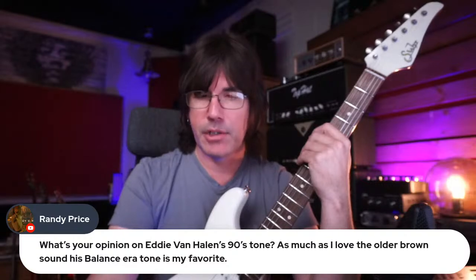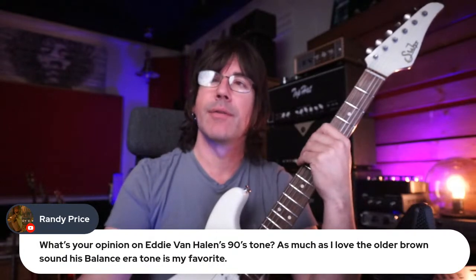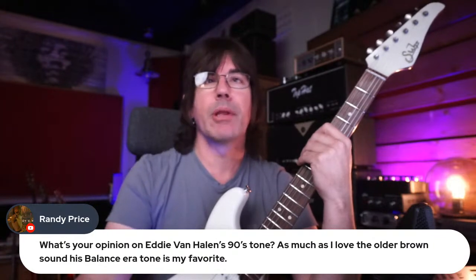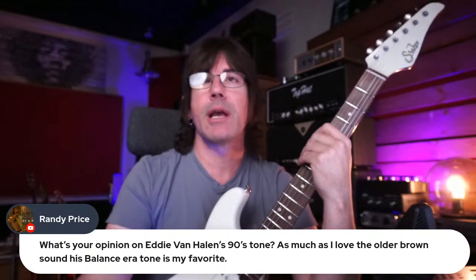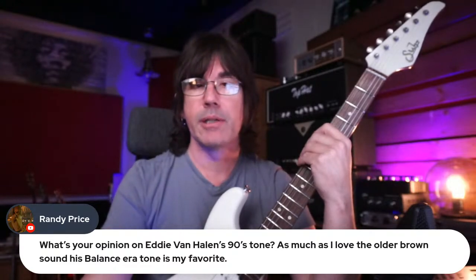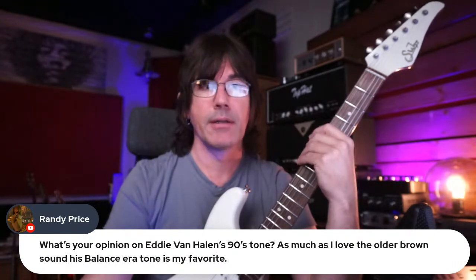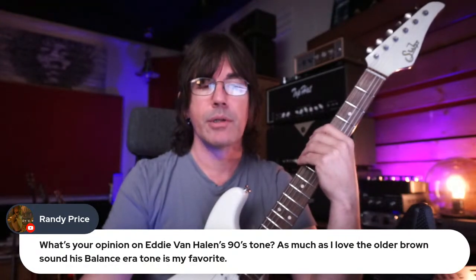I like it. The only problem I have with it, if I'm going to be critical, is two things that happened to Eddie's sound, neither of which stopped him from writing and playing brilliantly. When you move away from the Plexi and then add the harmonizer, so you use more preamp gain and then add the harmonizer, it had a slight homogenization effect on the tone, where you don't hear as much of the